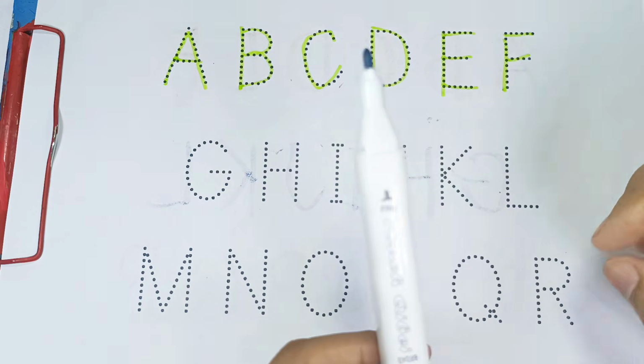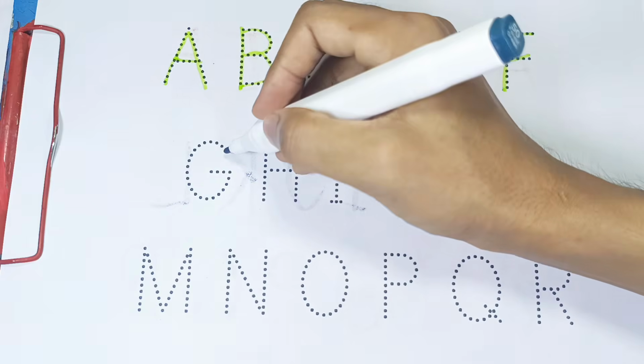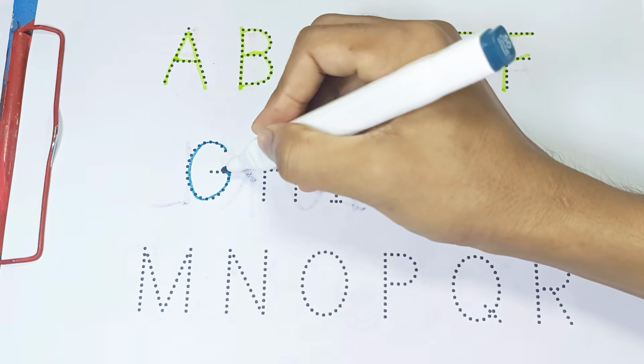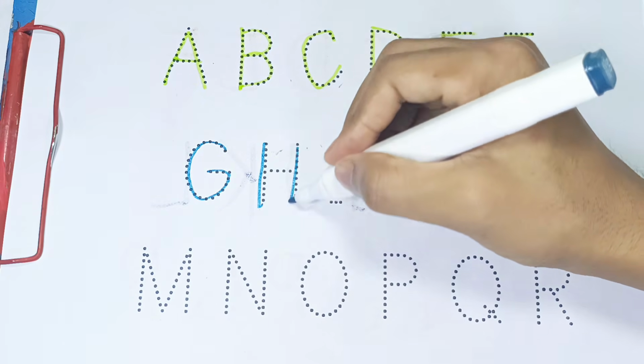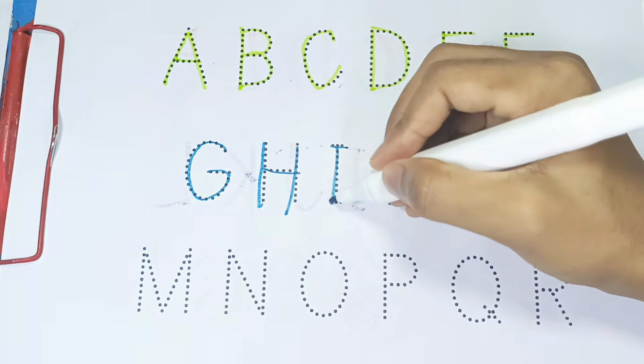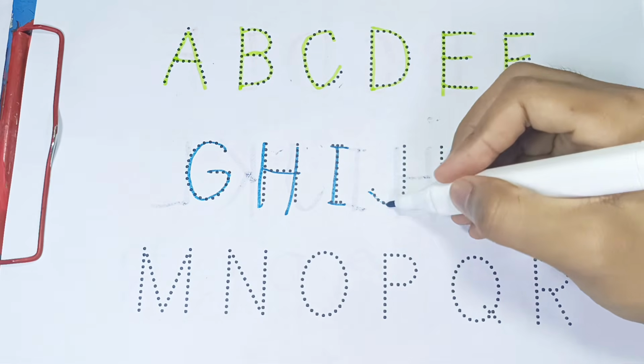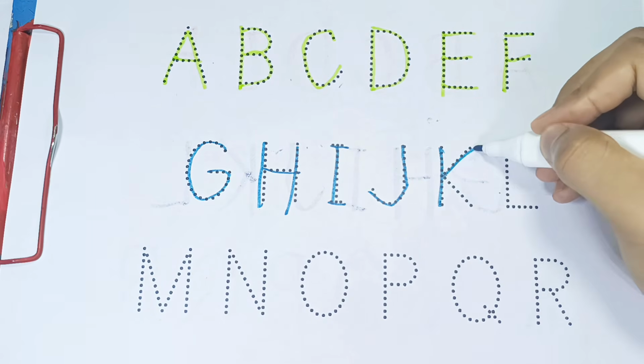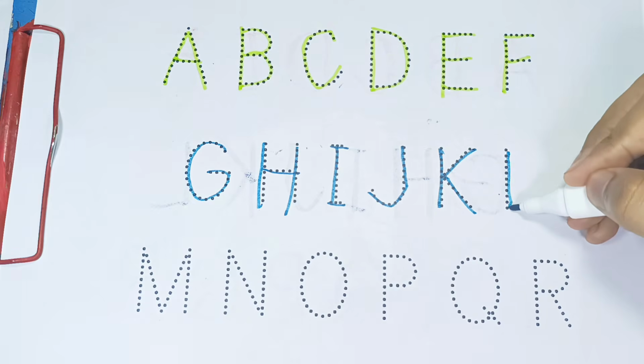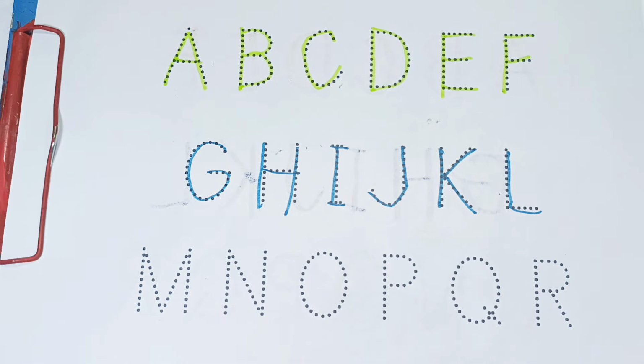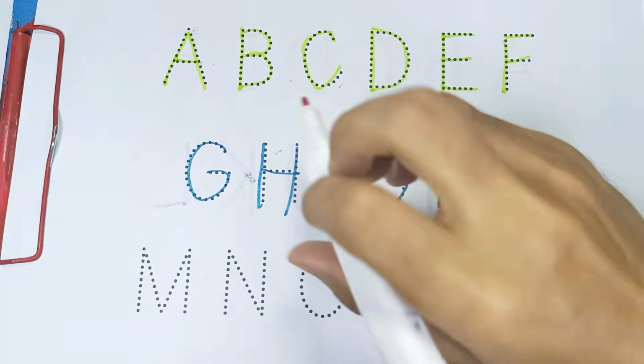So kids, now we're using the color of forest green. The alphabet of G. The next one is H. Now we're writing I, J, K, L, L for lemon, geranium color,